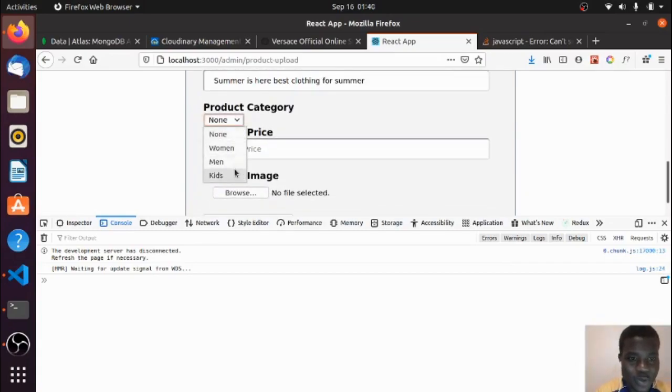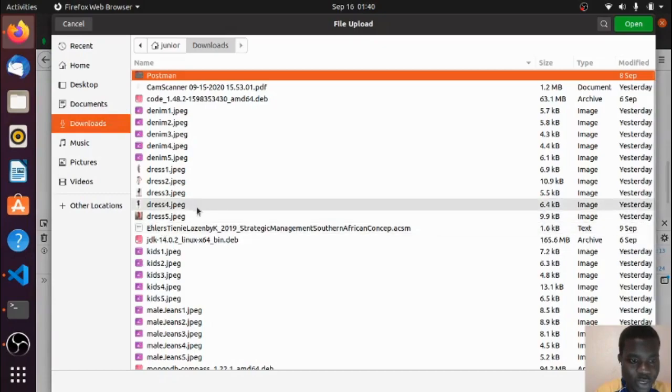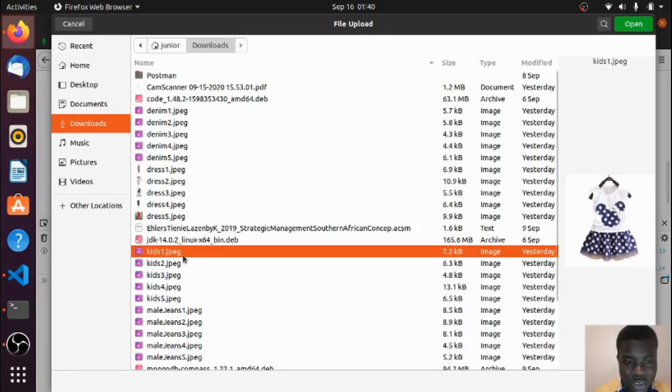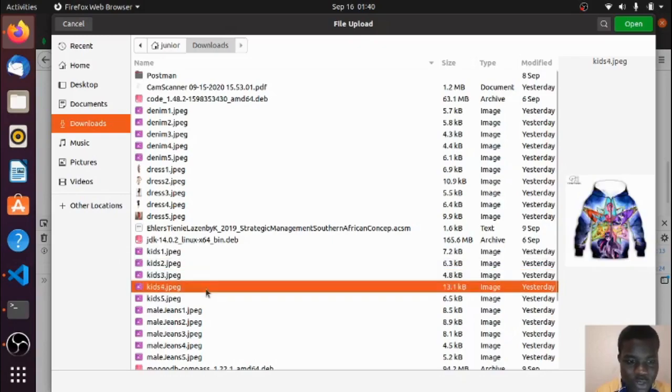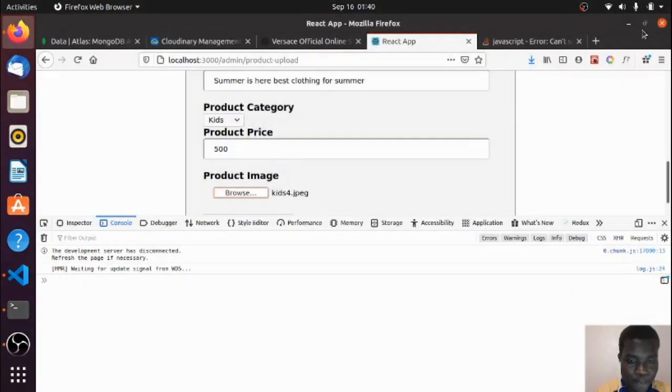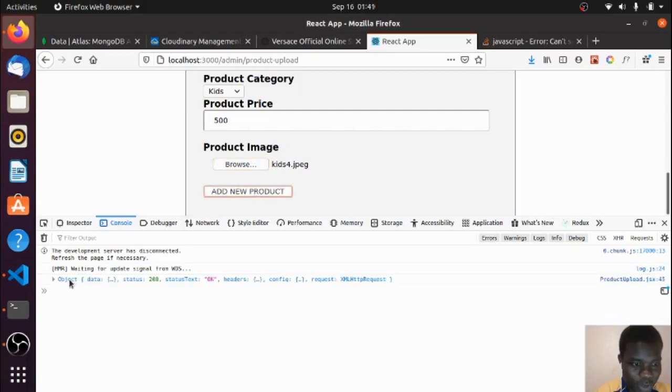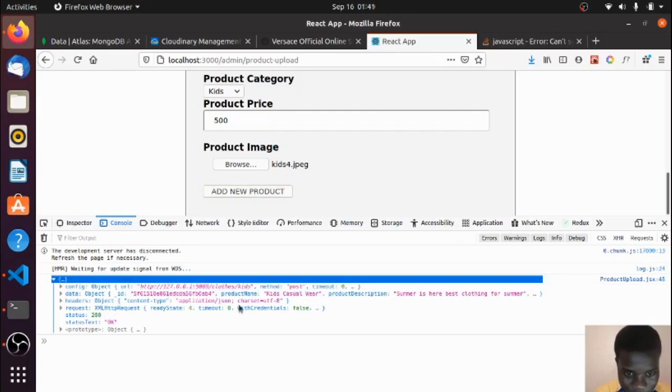And then I choose kids, and then product price, let's say 500, and then browse image, kids 2, I already inserted that, kids 1, and let's put this one there, it's looking nice. Okay, but it's not a summer clothes, but it's fine guys, either way. Let's send that, we get a response back,